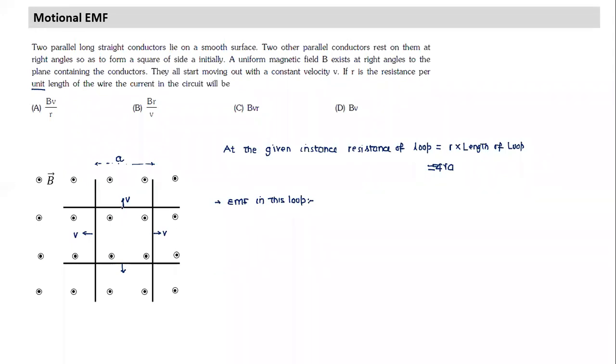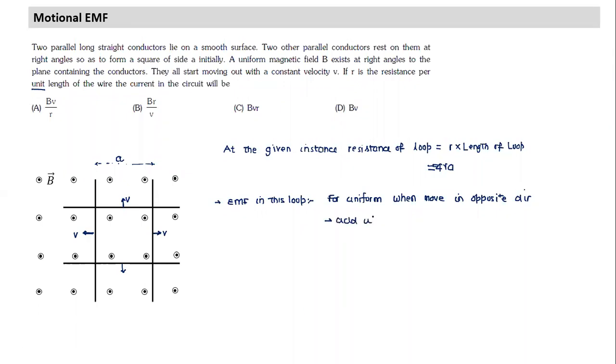Okay, are you following this point here? Yes. So they're all moving. And we have seen earlier also, when they move in the same direction, EMF tends to cancel out. When they move in the opposite direction, EMF tends to add up. So EMF in the loop, we have seen in the earlier case for uniform field. When do EMFs add up? When they move in the opposite direction. They'll tend to add up.